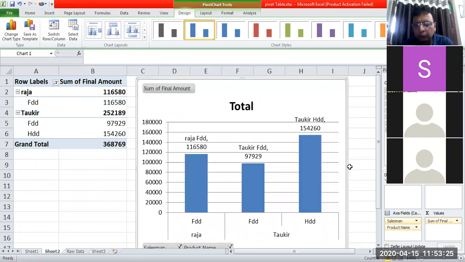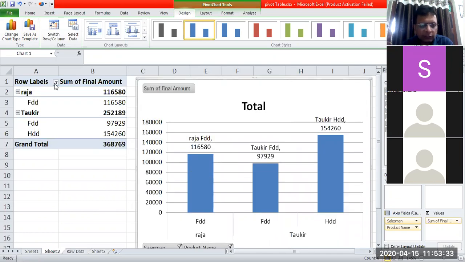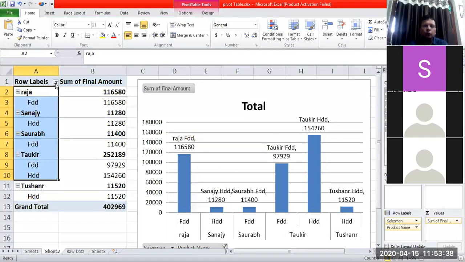So what it is showing me now, okay, there was some filters also here. Okay, I have removed the filters from row label and I have now this data with us, product wise sales data.